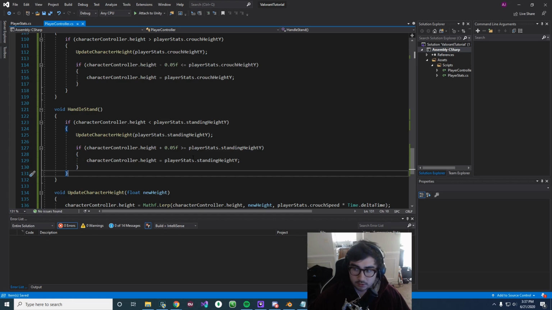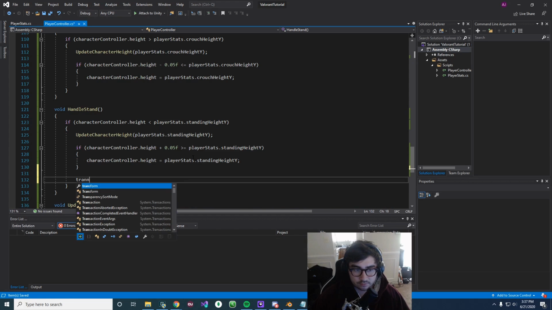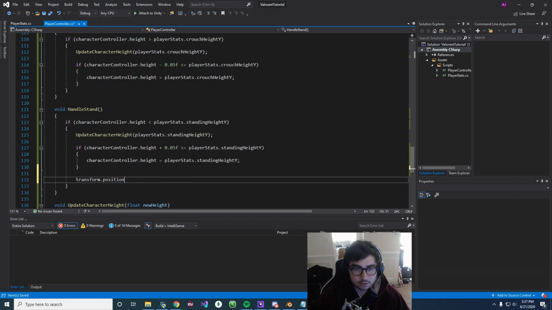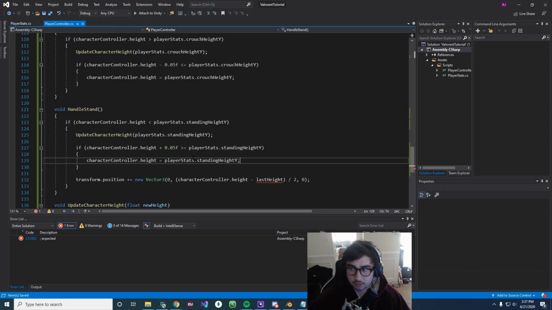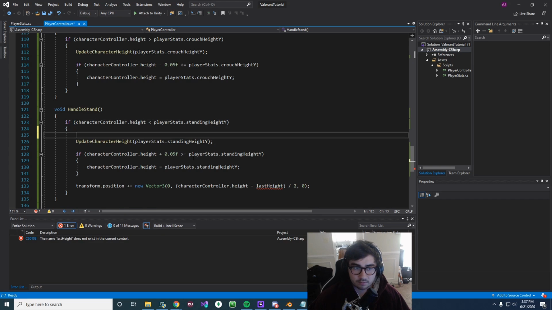And then here we say transform.position += new Vector3(0, (characterController.height - lastHeight) / 2, 0). Okay, and lastHeight is just going to be at the top of our if statement.